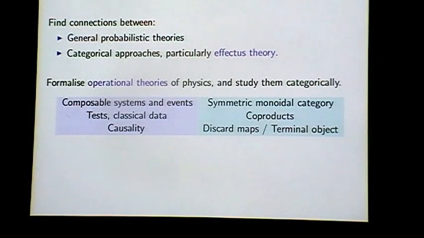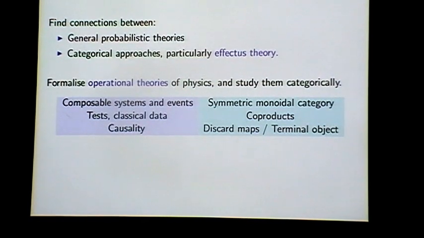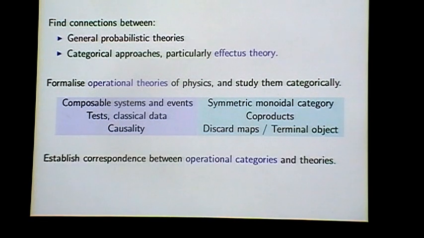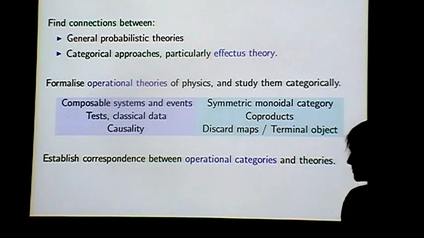In more detail, I'll introduce a variant of the idea of these OPTs, a notion of an operational theory, and see how we can study these things just as special types of categories. So we already know that we can treat compositional aspects of these theories using a notion of a symmetric monoidal category. And here we'll just be saying that we can capture other aspects of these theories, such as their tests, using these other features you see here. And we'll roll those up into what we'll call an operational category and see how those correspond to these theories.